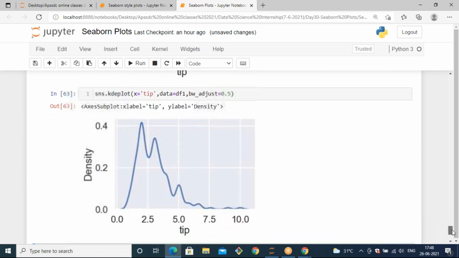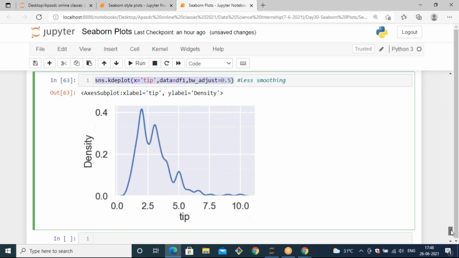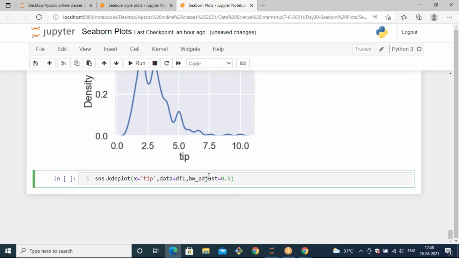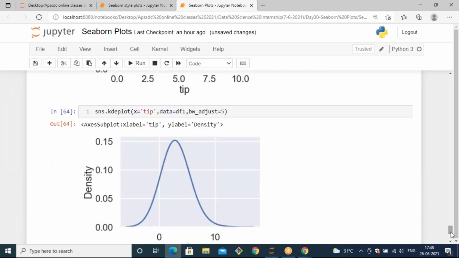If I specify my bandwidth adjust rate as 0.5, now you will observe the data distributed less smoothly. If you want your data distributed with more smoothness, you can increase the bandwidth adjustment parameter. So if I specify 5, you will get more smoothness in that data distribution.